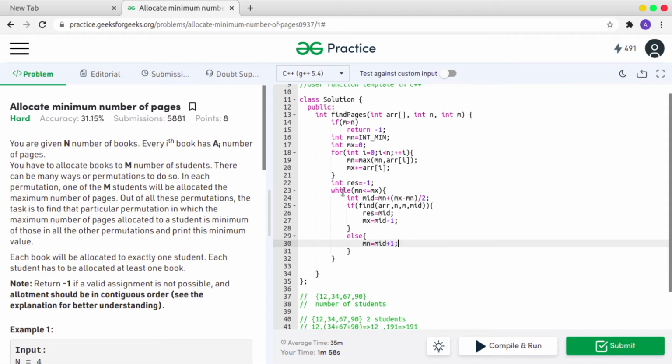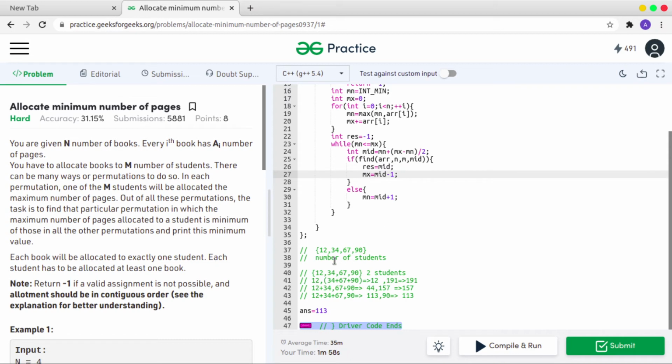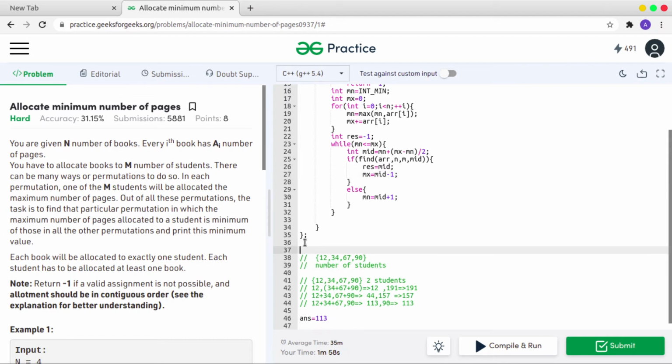Okay, so why am I going to do it like this? Suppose you are going to use this. I am starting from 90, my starting position will be 90 and my ending position will be the sum of all the elements. Let's calculate 113 plus 90, that will be 19193.